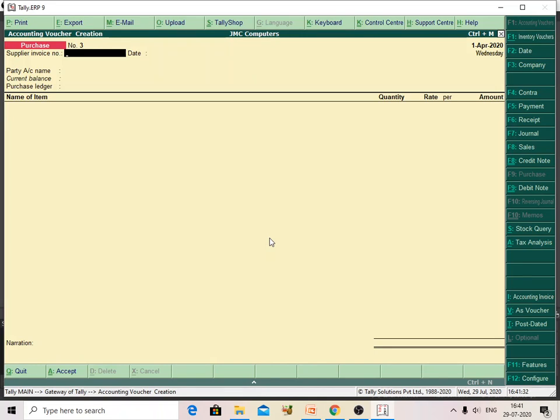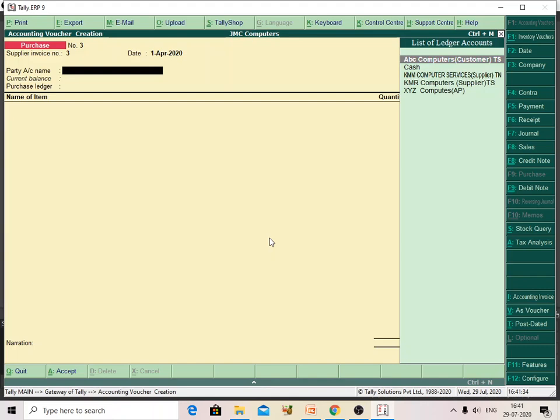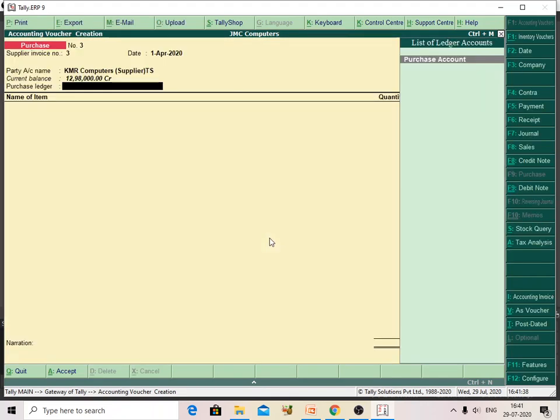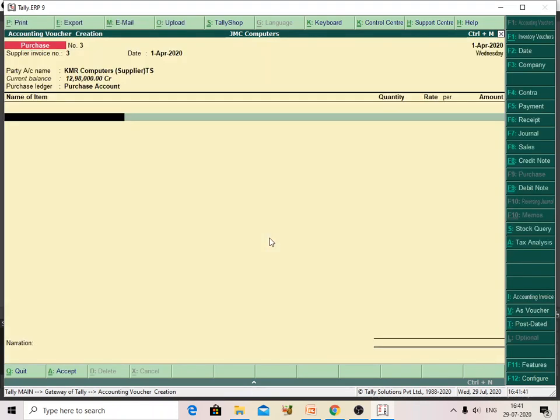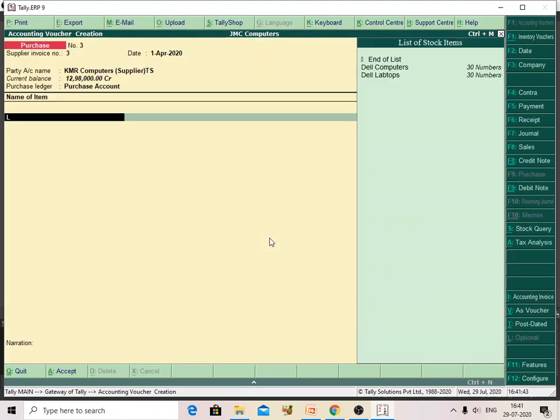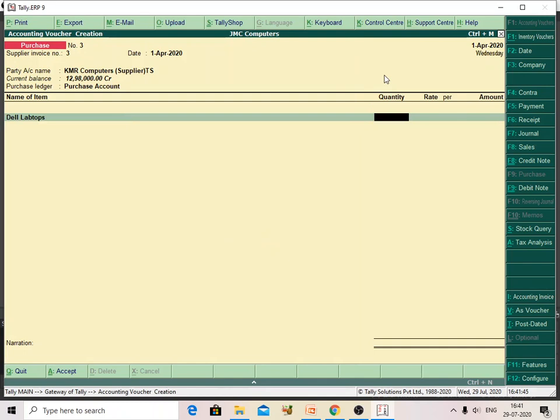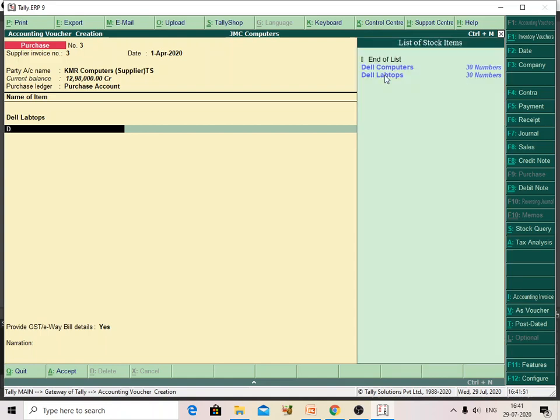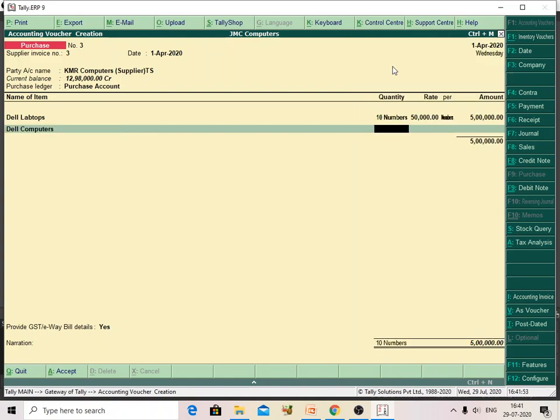I will post transaction number 3. The party is local supplier, purchase account, and I am giving Dell laptops, 10 numbers, 50,000 each, and selecting Dell computers also, 5 numbers, 40,000 each.